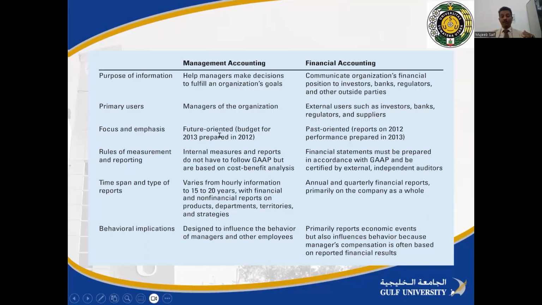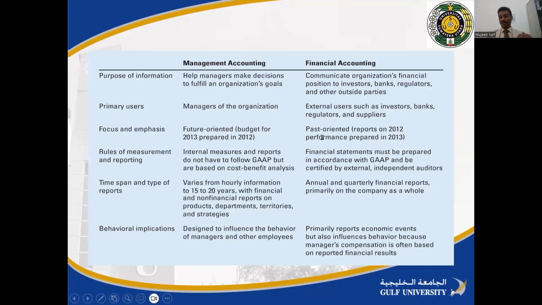One of our works is also to provide budget, right, to expect the cost of this product in the coming year, to prepare the sales budget, the production budget, the raw material budget. There is a lot of work that we will do, which we focus more on the future-oriented, but